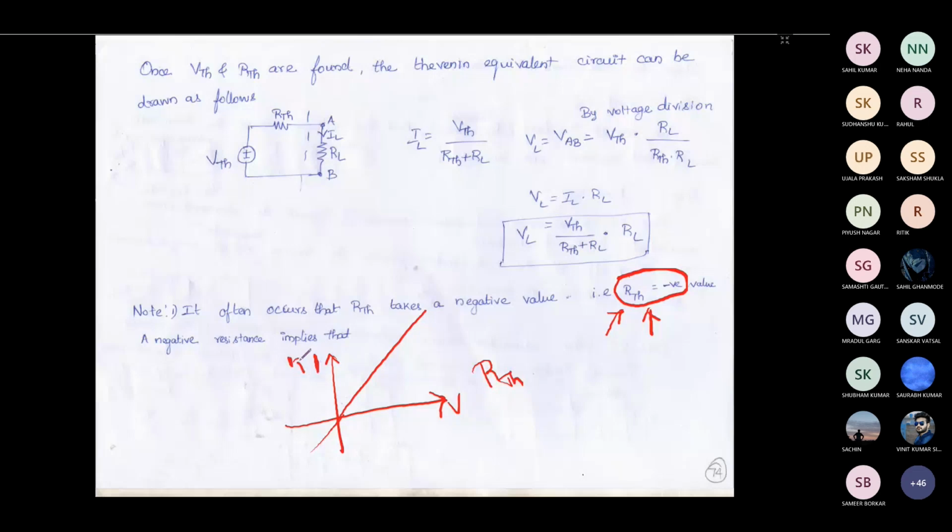So here the slope will be positive throughout the curve, because here both V and I are positive, and here both V and I are negative. The slope will be positive. There may be some occasion, or there may be some case,